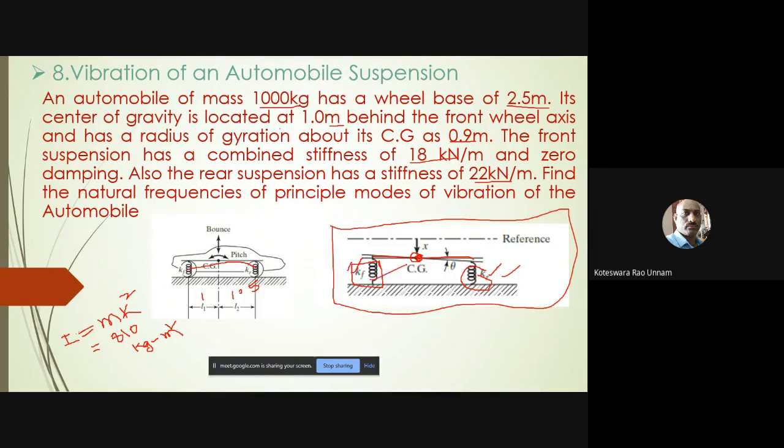One is for the front suspension spring. Another one is for the rear suspension spring. One element for the mass and 2 elements here to connect the CG to the front suspension as well as the rear suspension. Okay, so to do that, what type of element do I need to select in the software? For that, we need to select 3 different types of elements. What are those 3 different types of elements?